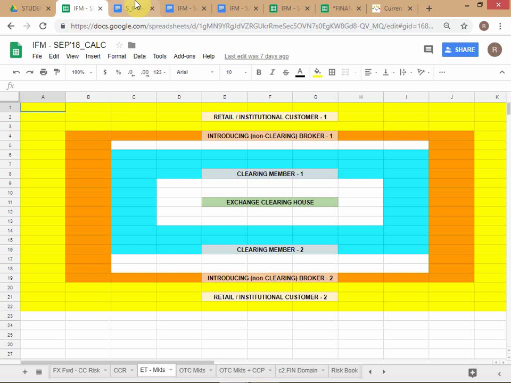Okay, so this is basically what is called credit risk intermediation. You understand what is meant by intermediation? That is, you stand between two parties, right? Like the ECH. So the expression that we use is that the exchange clearing house performs the function of credit risk intermediation. Alright? So each party will have recourse to the exchange clearing house because their transaction is with the exchange clearing house, and they are not really concerned with whether the other party has defaulted or not. Okay? Is this clear to everybody?